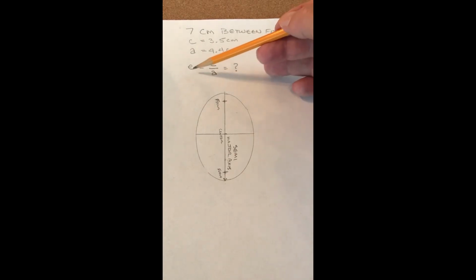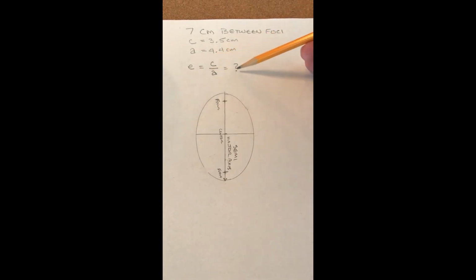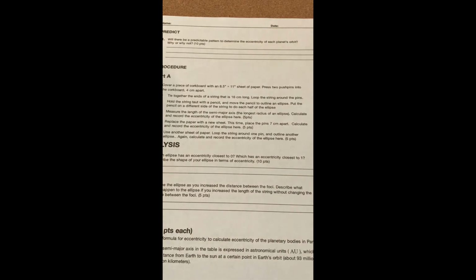So the eccentricity is c divided by a. Do that calculation to find the eccentricity for this ellipse. And then you're going to answer some questions based on those calculations that you just did,